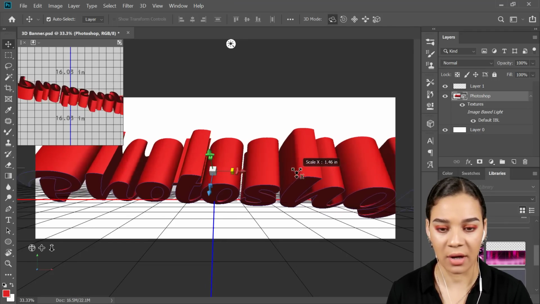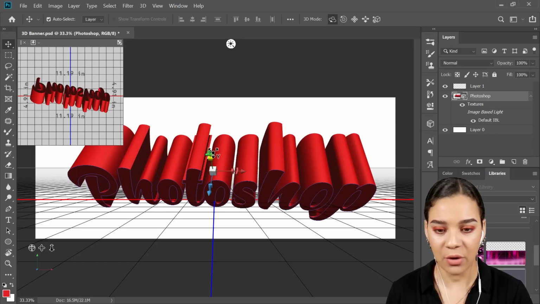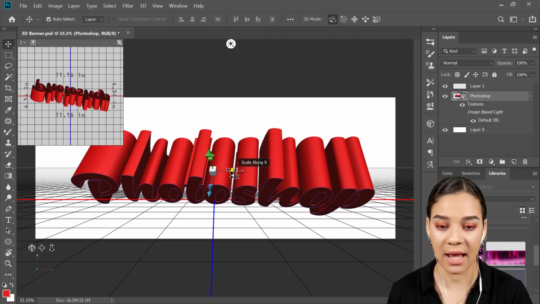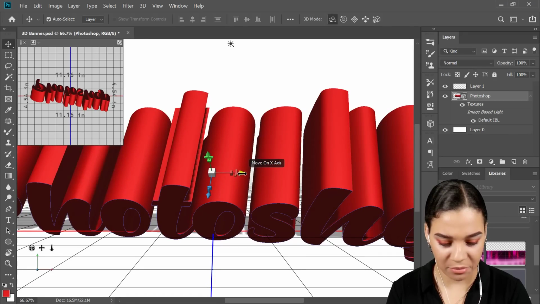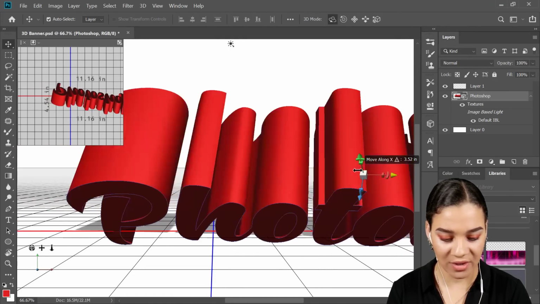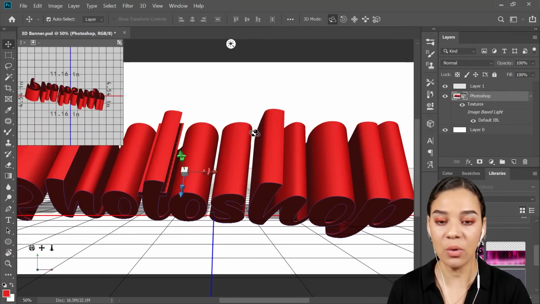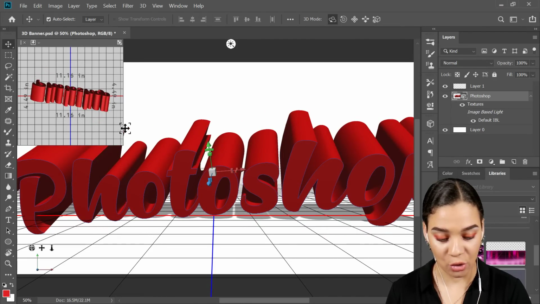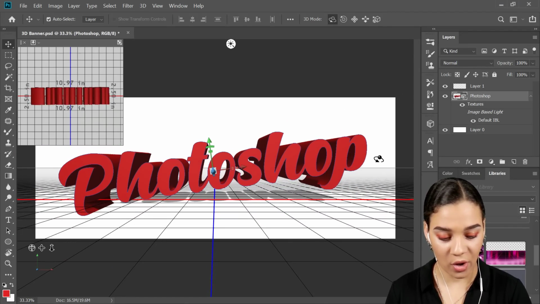You can say scale along X if you want. You can do a scale along Y, or scale along the X axis. You can rotate around the X axis, and you can also see there are different parts of these little sticks here, so if you don't want to scale, you can also just move it along that axis if you only click that little arrow pointer, which is cool. So you can pretty much play around in here and make this look however you want. And what I want to do personally is just make a nice front-facing view